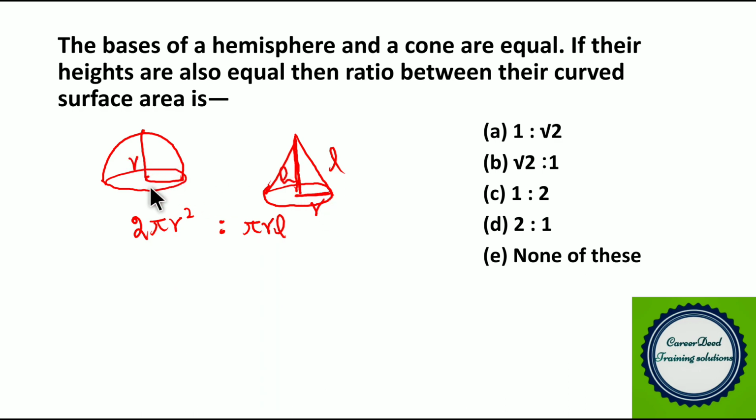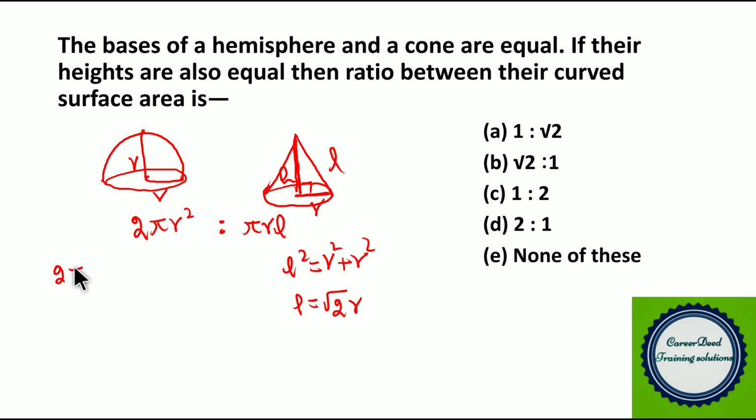So here you have radius, and this radius is similar to height of the cone. So we don't need to worry, here this height is equivalent to radius only. So when you use the Pythagoras theorem, you can easily find the slant height. So what is Pythagoras theorem? L square equal to h square plus r square. So instead of h square, you can substitute r square itself, r square plus r square. So L is equivalent to root 2 r, right? So instead of L, you can substitute root 2 r.